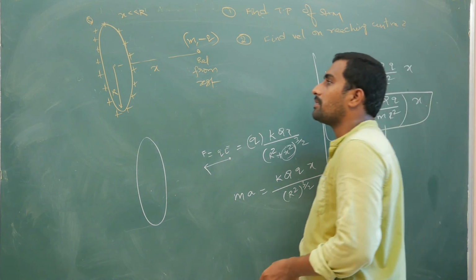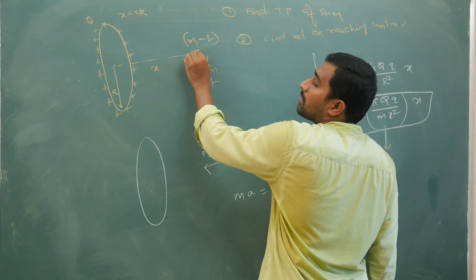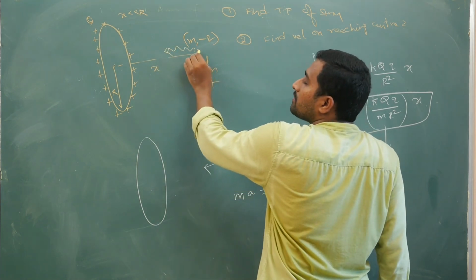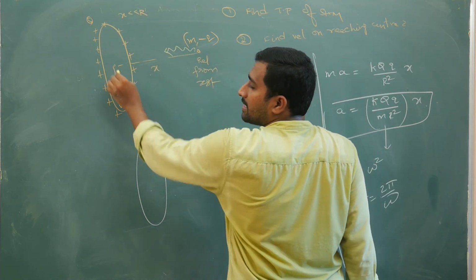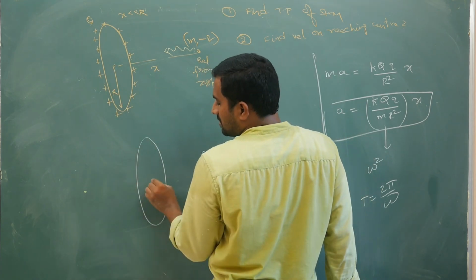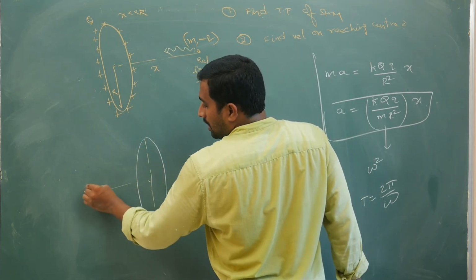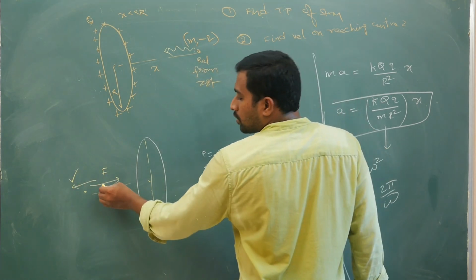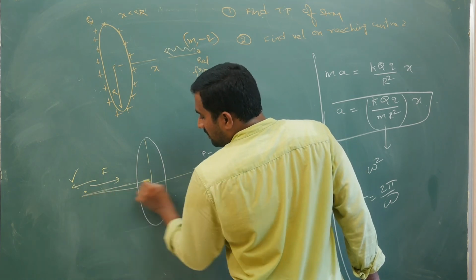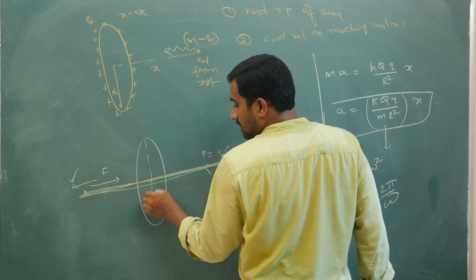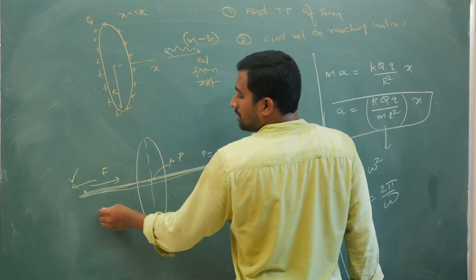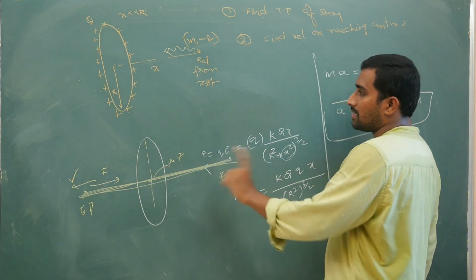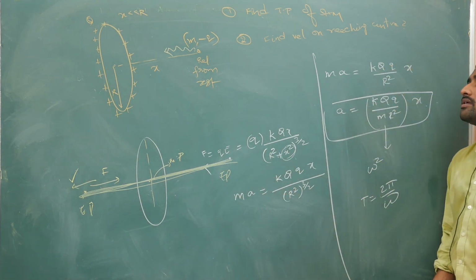Now coming to the SHM part, why will it execute SHM? Because this is a negatively charged particle, there will be attraction. So it will have some force acting towards left till here. Now the moment it crosses this center and goes, force starts acting this way, velocity will be this way. So that means it slows down. As a result, your particle will keep oscillating to and fro like this. This is going to be your mean position. This is going to be your extreme position. This is going to be your extreme position. Like this, your particle will keep oscillating to and fro.